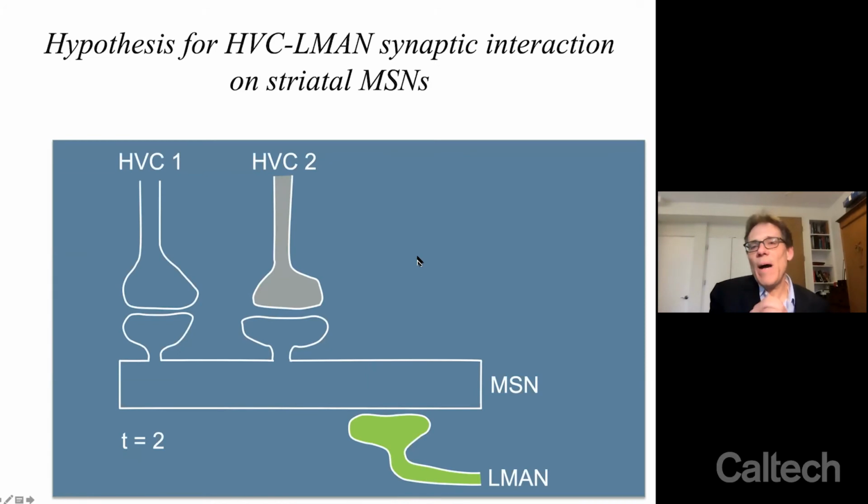Okay, so we have hypothesized that this proposed learning rule and the distinct properties of these different inputs could be implemented by a particular structural arrangement of synapses onto MSN dendrites. And that is having HVC inputs terminate on dendritic spines and LMAN inputs terminate on dendritic shafts. Thus, LMAN activation would depolarize, for example, an entire dendritic shaft,